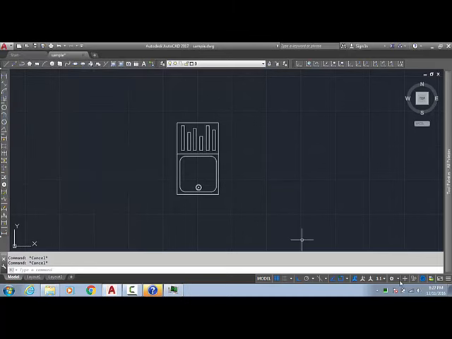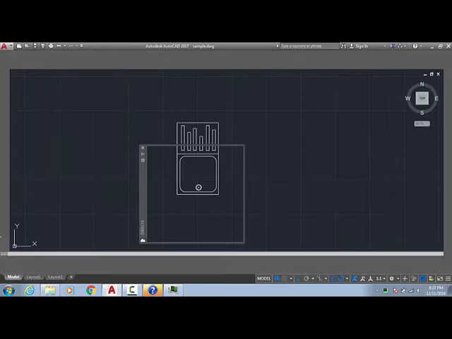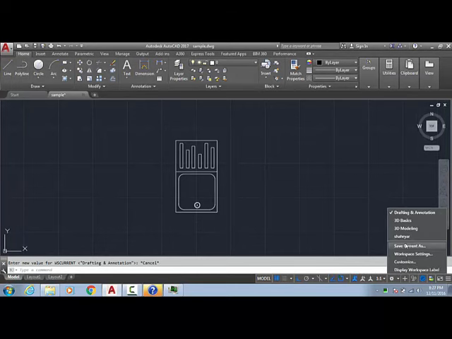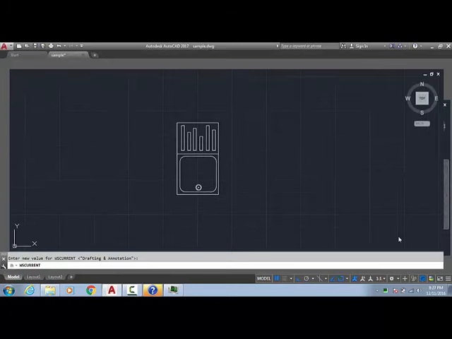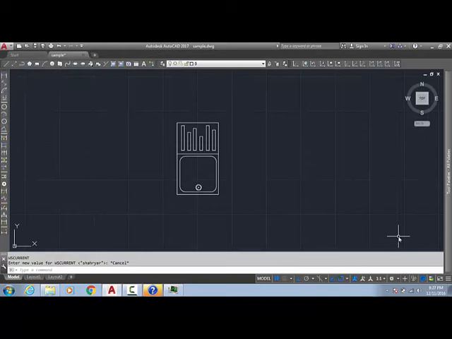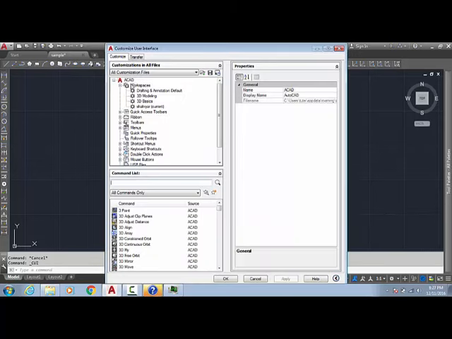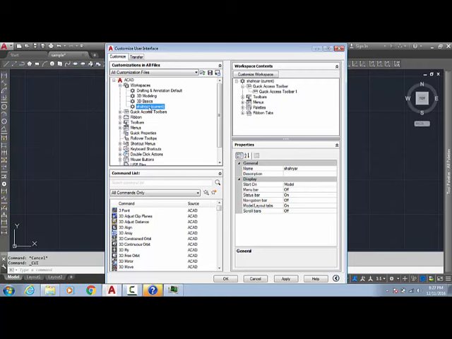Now if we go back to our drafting and annotation, we will get everything as it was. Okay, and if we switch in our block, we will get the same. And if you want to save it, just go to settings, go to customize. Here is the current workspace.